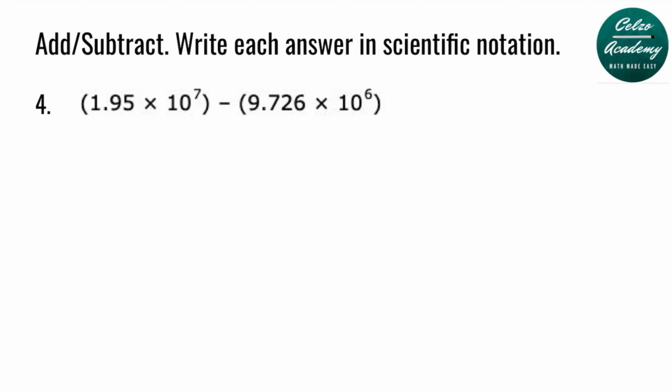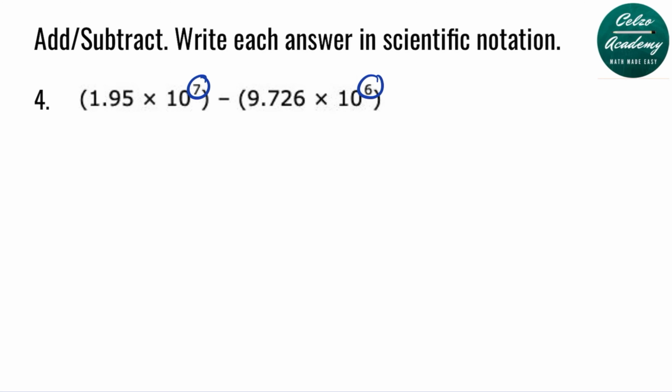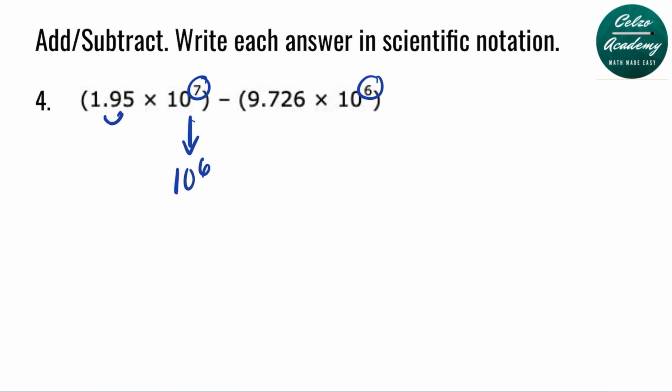Question 4. 1.95 times 10 to the 7 minus 9.726 times 10 to the 6th power. Notice that for question number 4, the exponents of 10 are different. To make them the same exponent, we need to manipulate the one with the larger exponent. The 10 to the 7th power, I will make it 10 to the 6th power, just like the second term. Since I subtract 1 from the exponent, this means that 1.95 becomes 19.5. I need to move the decimal point 1 place to the right. So now we will have 19.5 times 10 to the 6th power